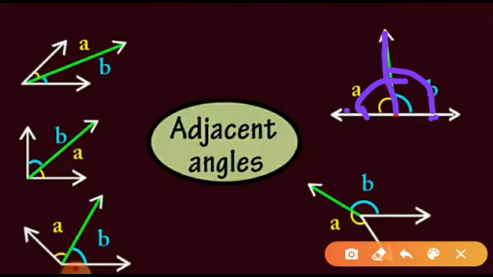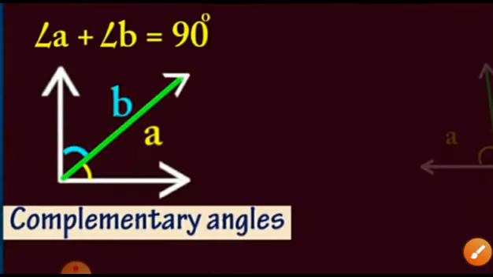They are adjacent angles. Now here each figure is an adjacent angle itself. Is that clear? Now, also we have seen the definition of complementary angles. What was a complementary angle? If the sum of two angles is 90 degrees, then the two angles are said to be complementary angles.